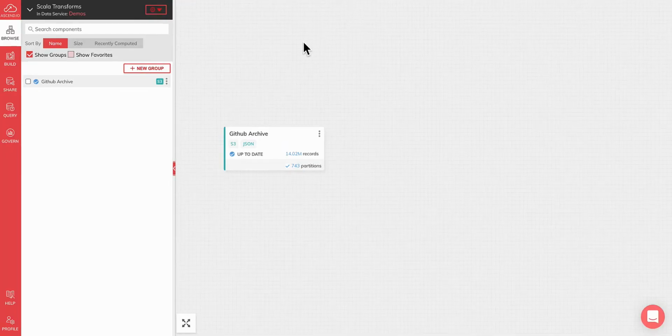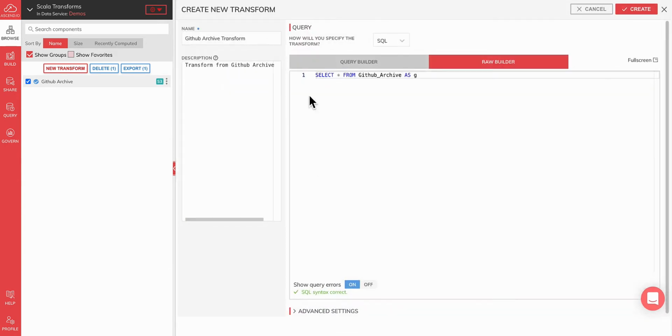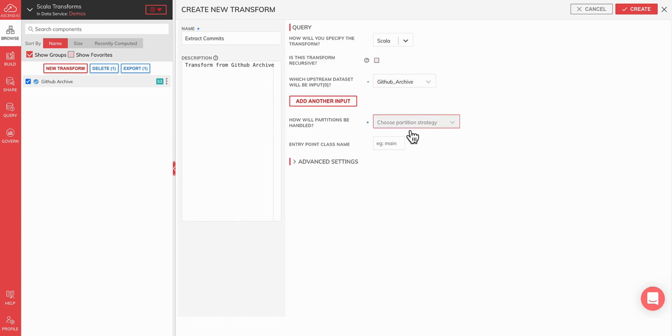Back in the Ascend platform, we're now ready to wire everything up. We'll create a new transform, and we'll name it extract commits. We'll pick Scala for the type, and we need to pick our partitioning strategy, which will determine which parts of the dataset are selected as part of the input data frames. We'll then input the entry point class name,